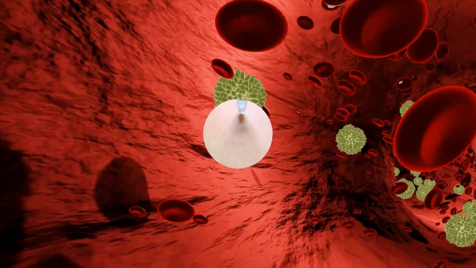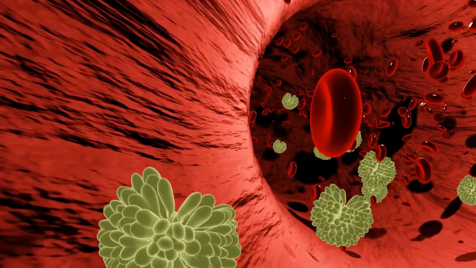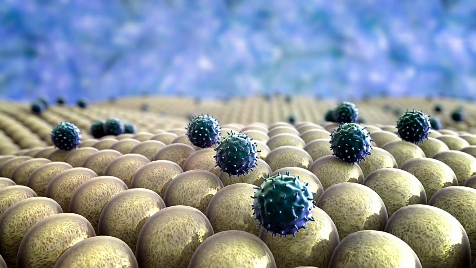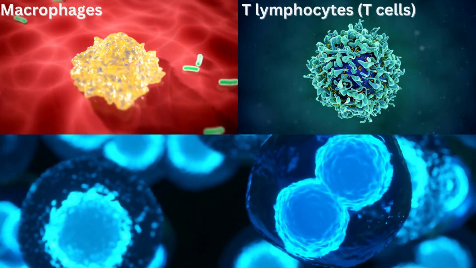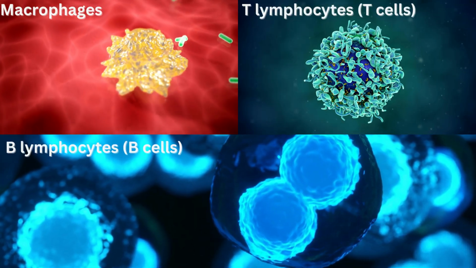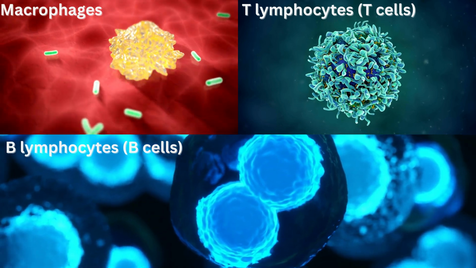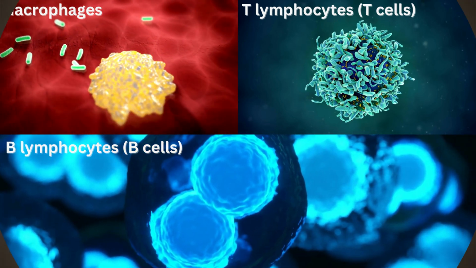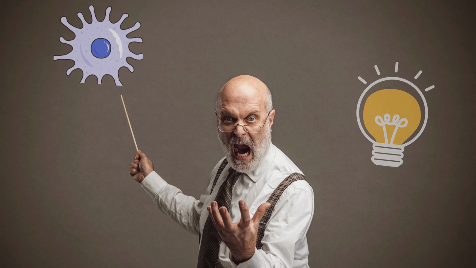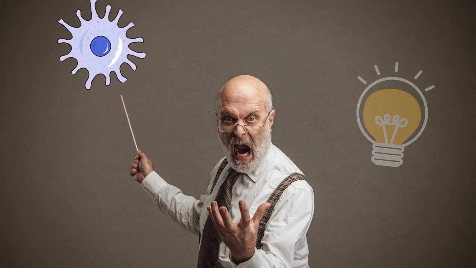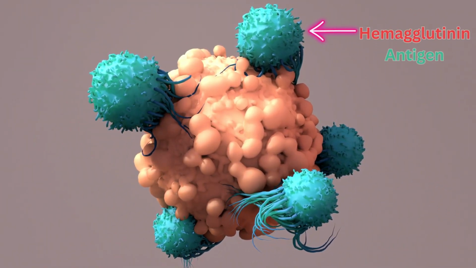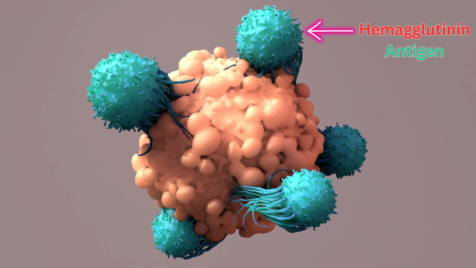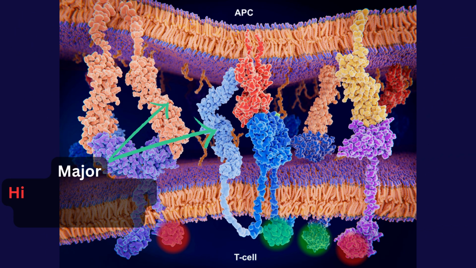Once injected, these viral components are released into the bloodstream, where they encounter the immune response orchestrated by different immune cells, including macrophages, T lymphocytes (T cells), and B lymphocytes (B cells). A crucial part of the immune response involves macrophages engulfing hemagglutinin and breaking it down into smaller components. After this process, macrophages present the hemagglutinin antigen on their surface, coupled with a specific receptor called the major histocompatibility